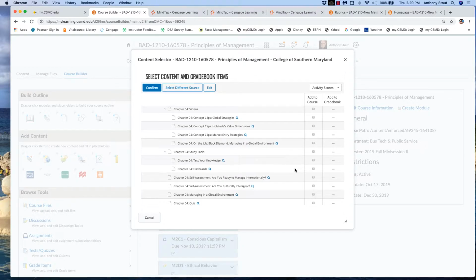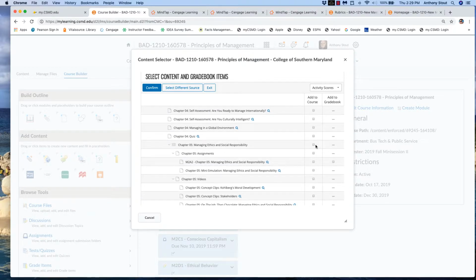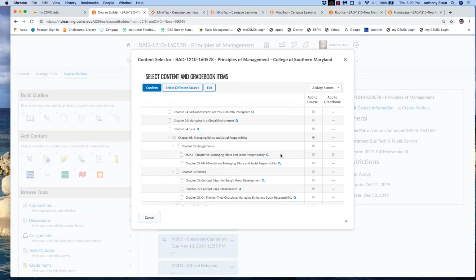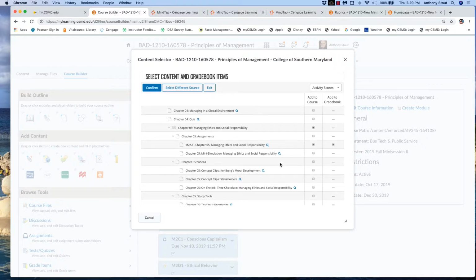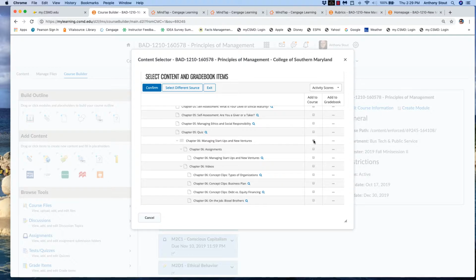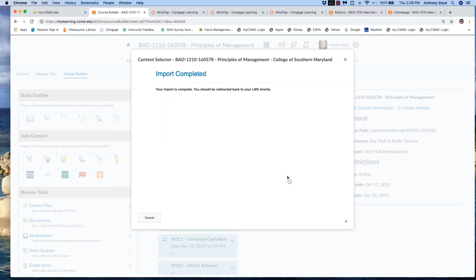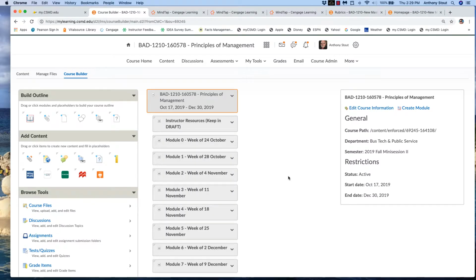There's M2A1, chapter 5 reading, M2A2, and chapter 6 reading. Confirm. Save it. And now that import is complete,